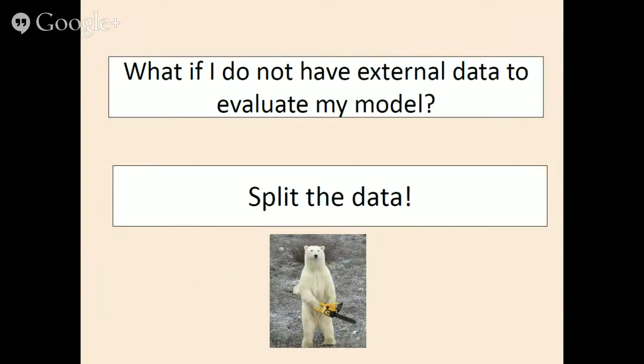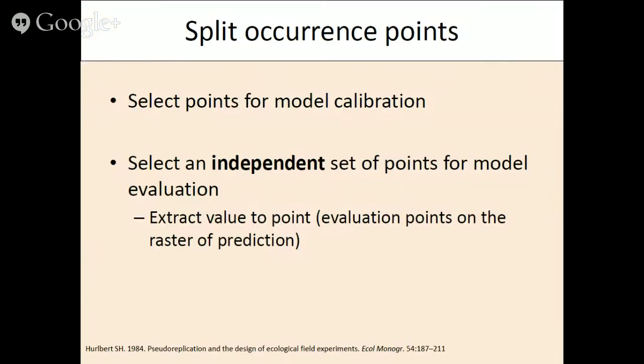So what to do if I do not have external data to evaluate my model? What we usually use is to split the data. We select a set of points for model calibration and then another set for evaluation, and usually this split is done on the total amount of occurrence points available to us. Once we have the evaluation points,